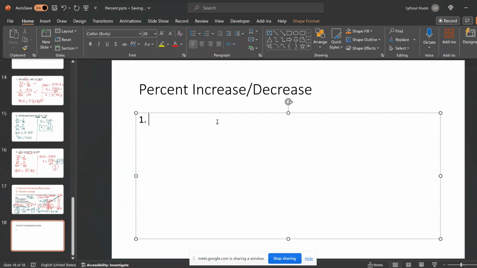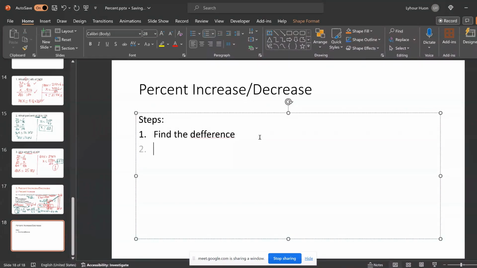To find percent increase and percent decrease, it's a two-step process. Step one: what do we need to do? We find the difference. The first step is to find the difference. The second step is to